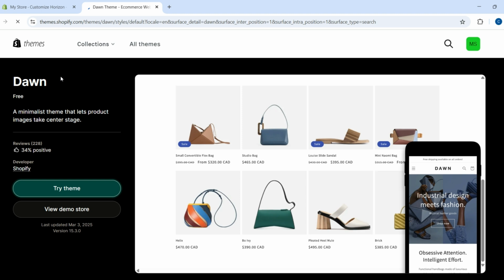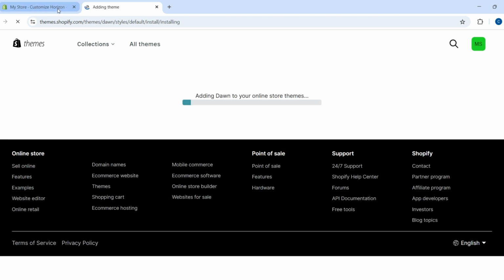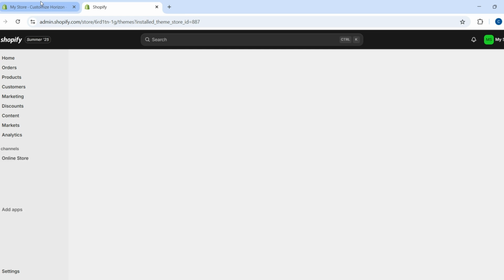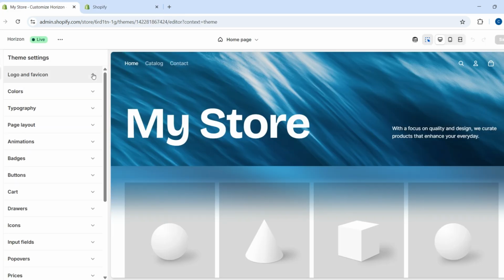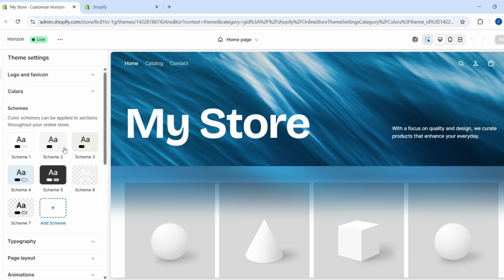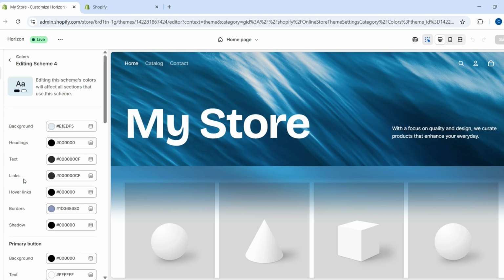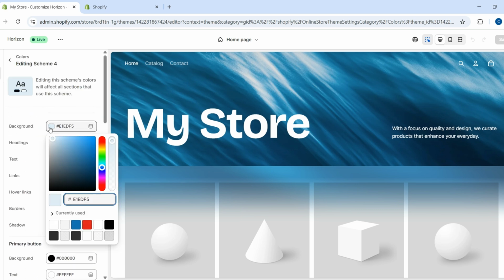Just start with the color scheme. If you have the hex codes for Dawn's colors, you can input them directly into Horizon's theme settings. Next, just adjust your layout preferences and font choices to mimic that sleek minimalist style. It might take a little time, but the result can be a Horizon setup that feels just like Dawn without losing any of Horizon's unique features.